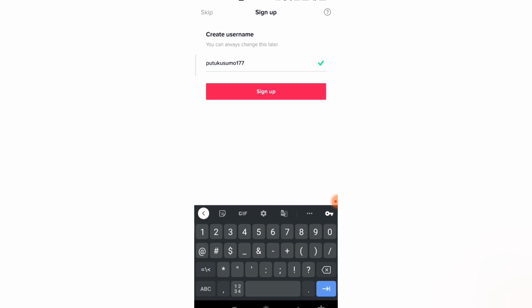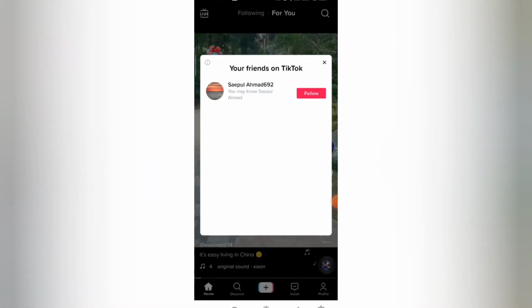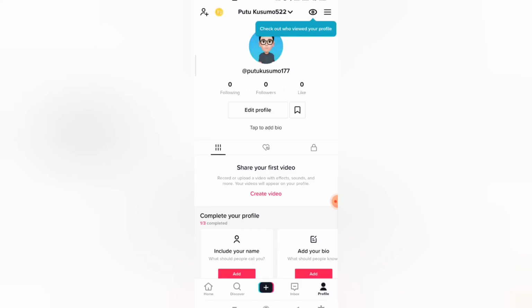Make a unique username, and after that pick sign up. Your friends on TikTok. These are suggested friends on TikTok, and now you have a new account on TikTok. It's very easy to install TikTok and make a new account, and after that you can view and watch